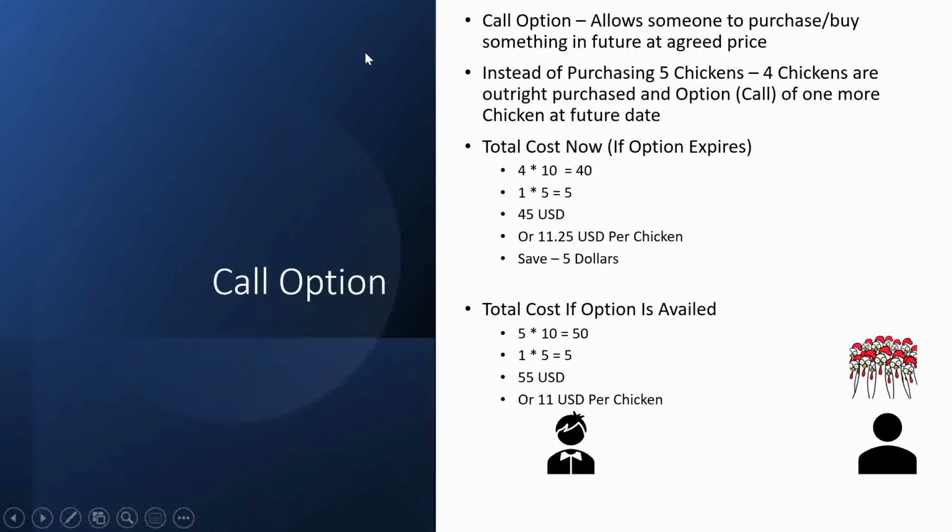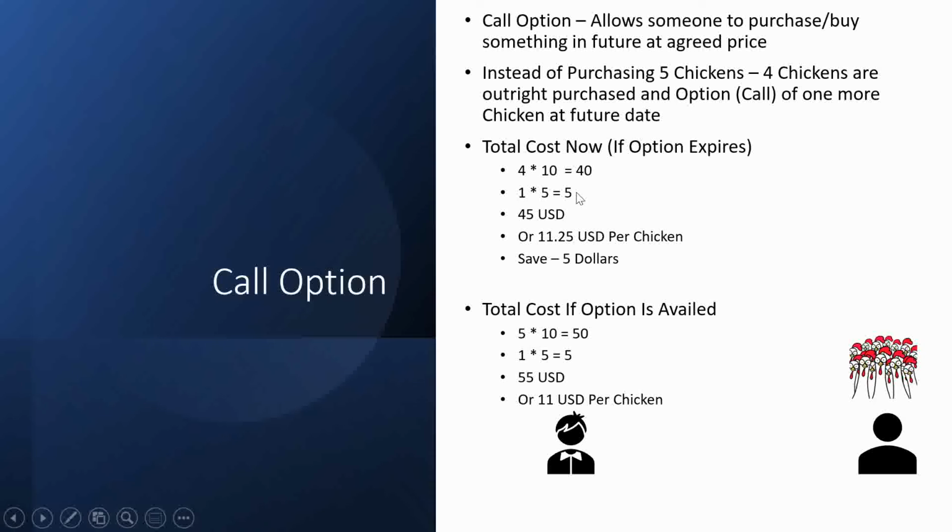Why $5? Why is it not $10? Well, that's simple. If the option is $10 and if today's price of chicken is $10, then there is no point of purchasing the option, because I can just purchase the extra chicken today, and even if I have to throw it, I can throw it, because that option is not really saving me anything. So that premium has to be in that sweet spot where it really makes sense to me. It is helpful to me.